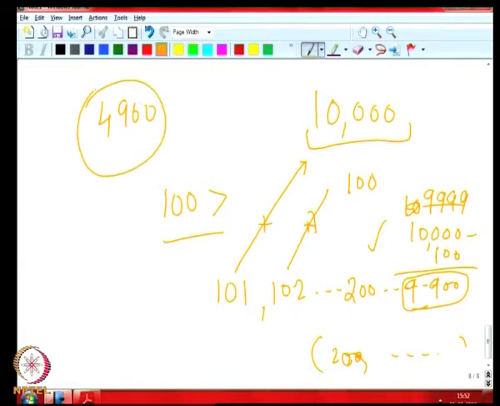So, assuming you are clever enough to identify that, yes, you may end up doing 4,900 checks. But on the other hand, if you had used our theorem, that the number of divisors of 10,000 above 100 will be equal to the number of divisors of 10,000 strictly below 100, then you could have